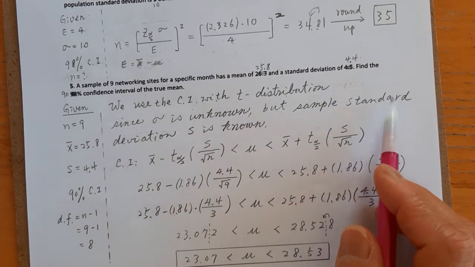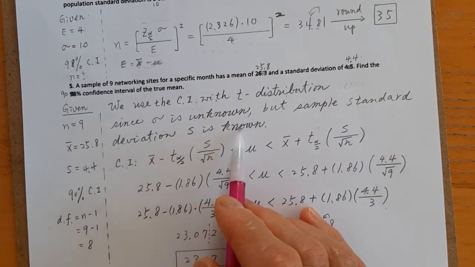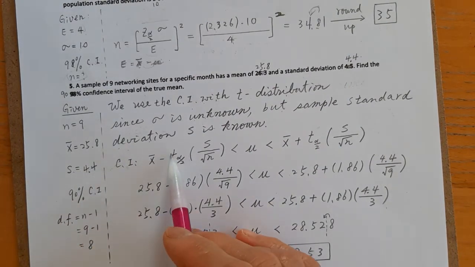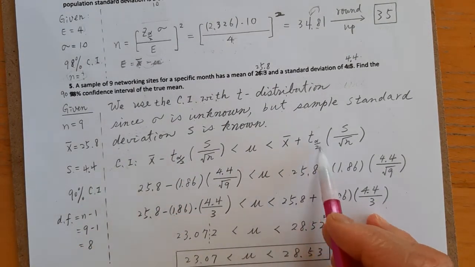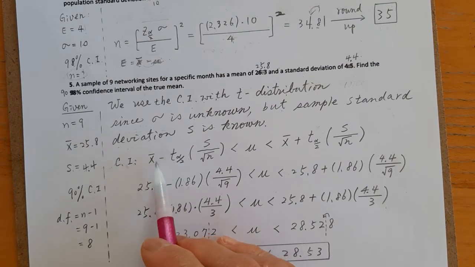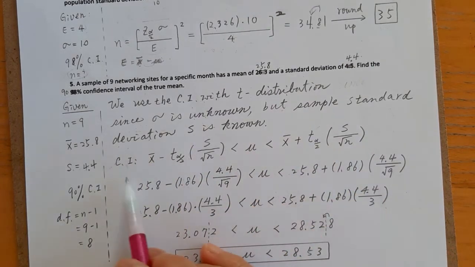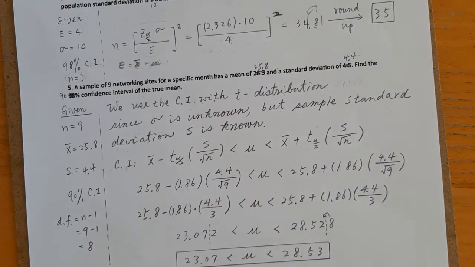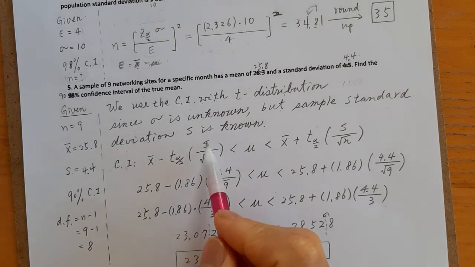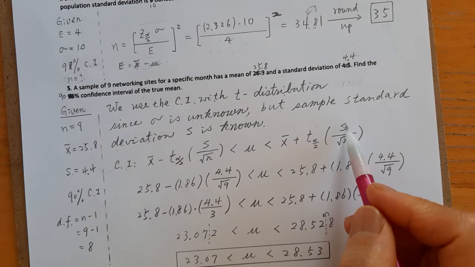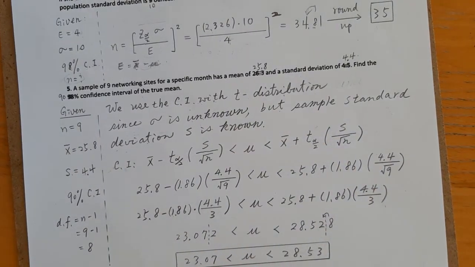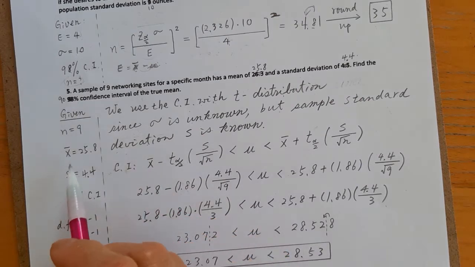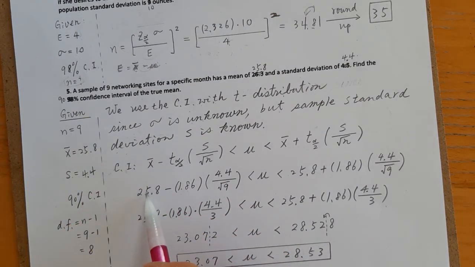But the sample standard deviation S is known, 4.4. So we will use the t-score, and use the sample standard deviation S. Then X bar is 25.8, the sample mean,